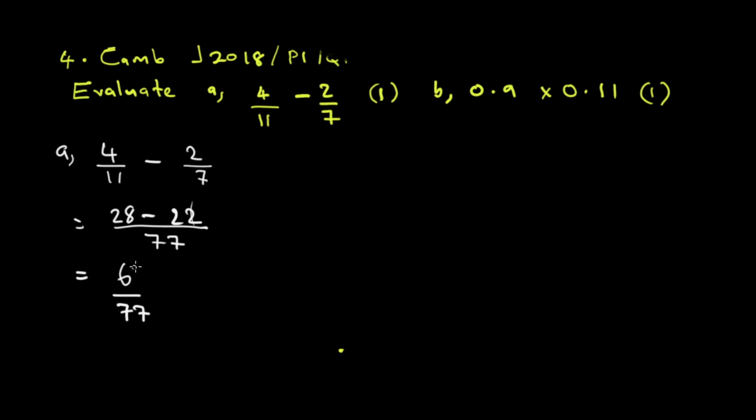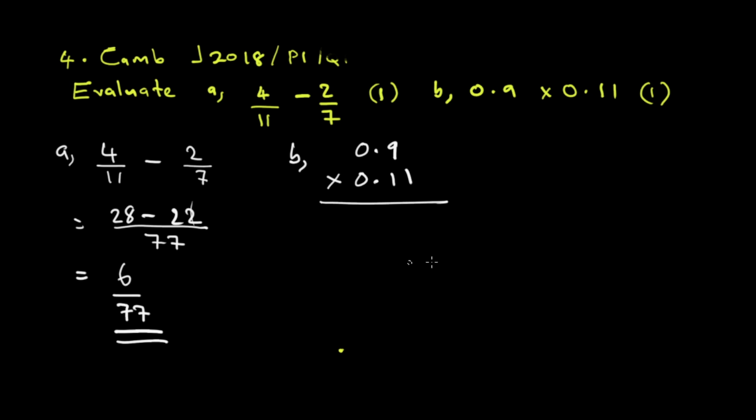We don't have a factor that divides into both 6 and 77. We do not have. So this is our final answer. Then for B, we have 0,9 multiplying 0,11. So here I don't want to use method number 2 because of the complication of dividing